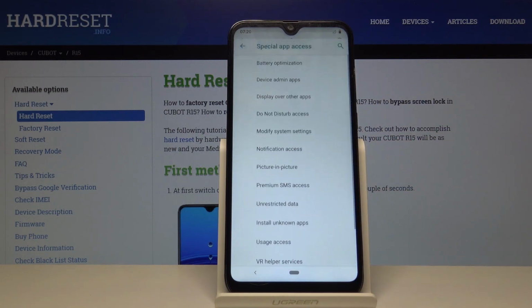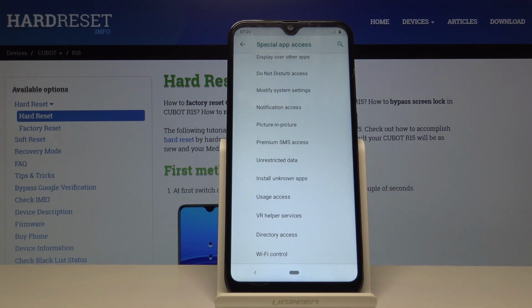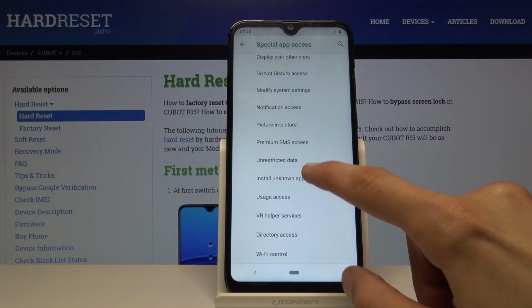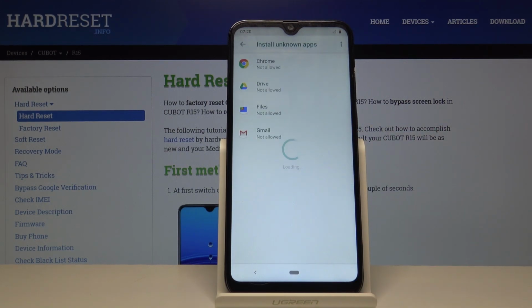Special App Access, and at the bottom, where is it? You should see Install Unknown Apps right here. And you'll have a bunch of different apps that you already have installed that you can grant access to install